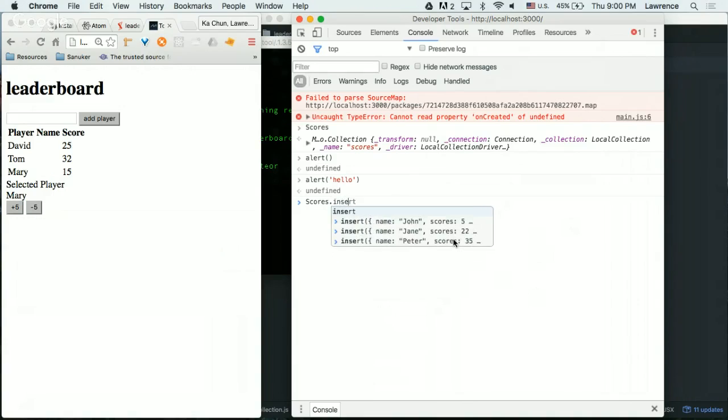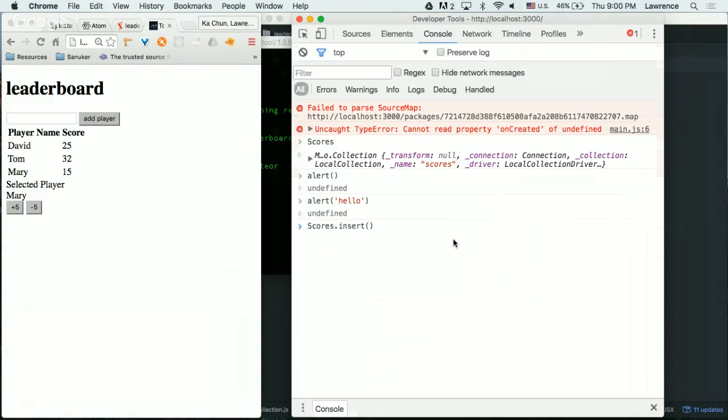Type Scores, then insert. From now on, if I didn't ask you to press enter, don't press enter, because you are going to crash it if you do something like this. So insert and then an open bracket, a close bracket. As I said, in JavaScript, spacing doesn't matter. So I'm going to use a lot of space, and you don't need to follow it because I just want it to be clearer for you guys to have a look. Let me blow up the words. Here, a curly bracket and a closed curly bracket.